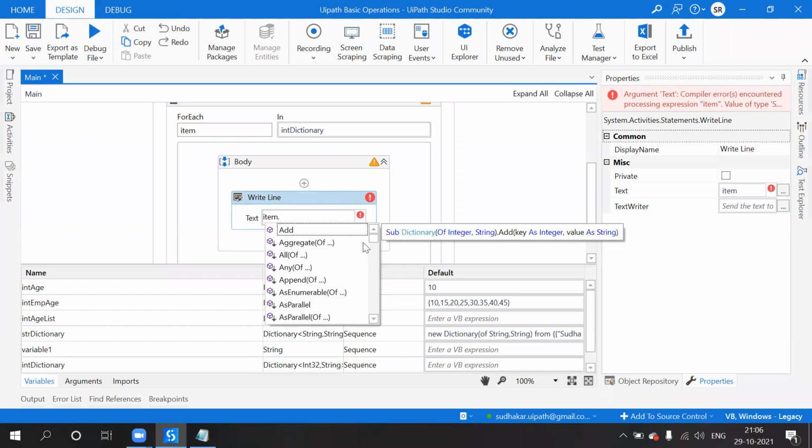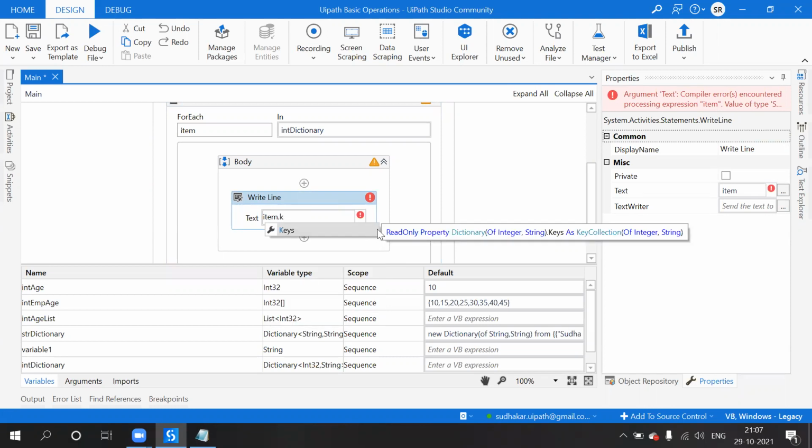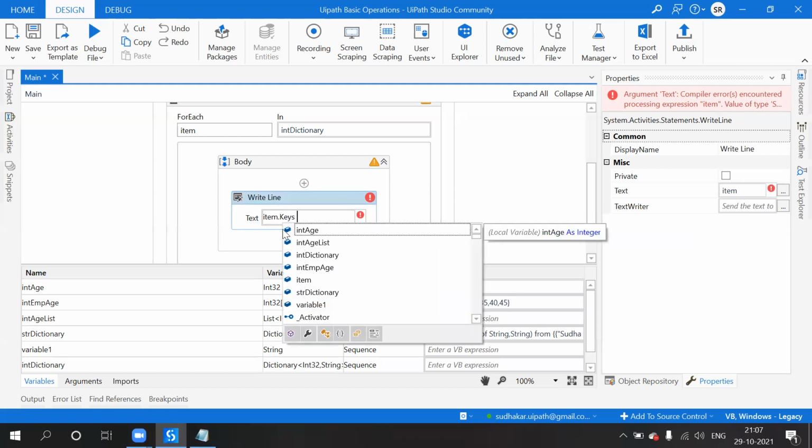See, now we got all the properties. So use keys, correct? Dot keys.